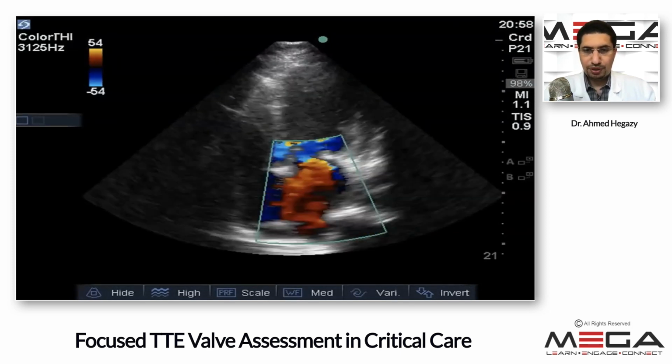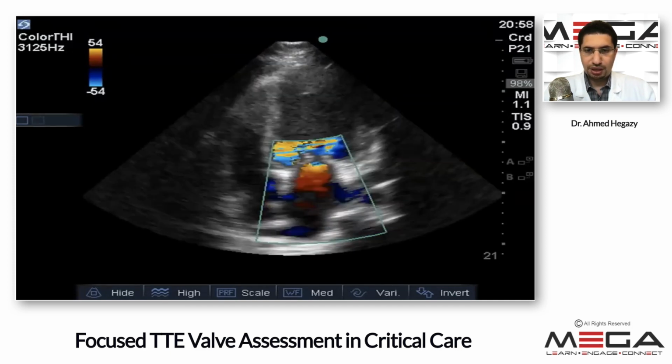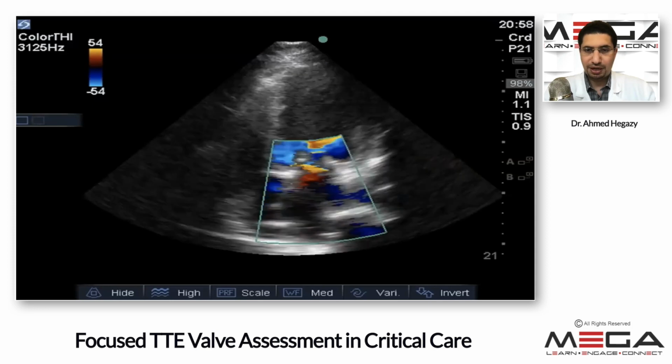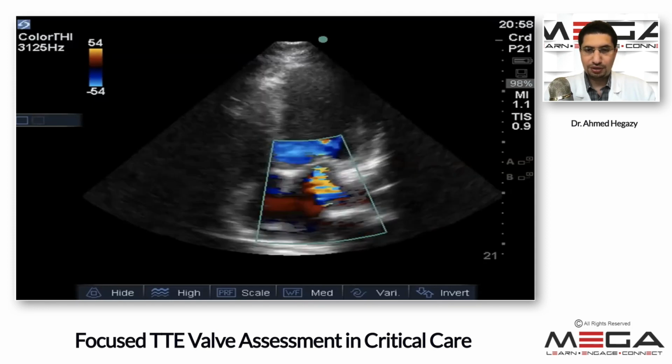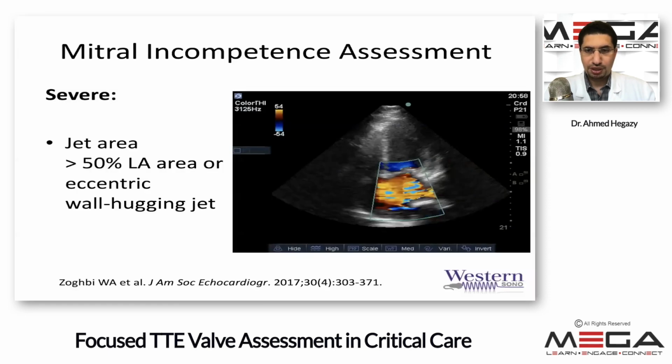Contrast the previous image with this one here, where you see severe MR. Look at this jet and how it fills up the entire left atrium. And so this is a prime example of severe mitral regurgitation. And if you want to understand whether this regurgitation is significant or severe or non-severe, you can assess the jet